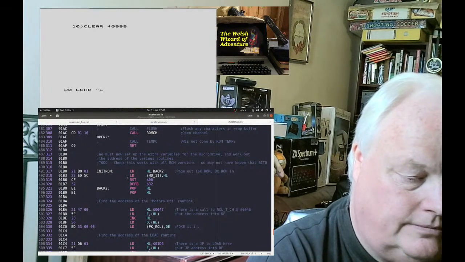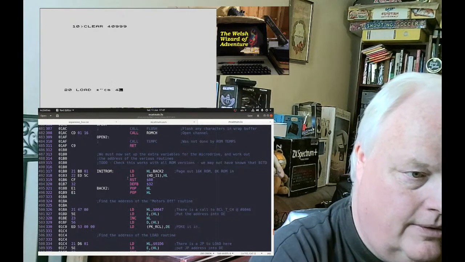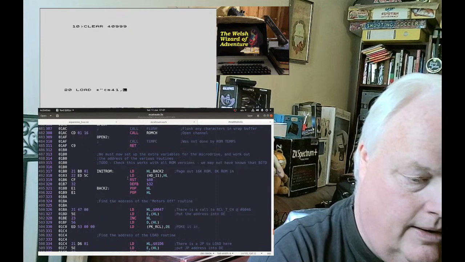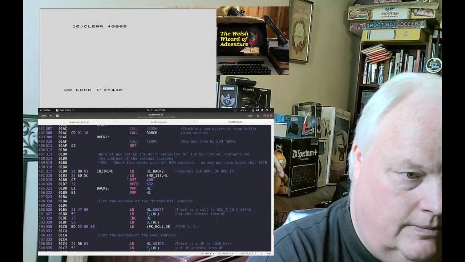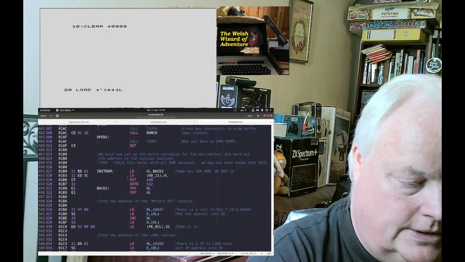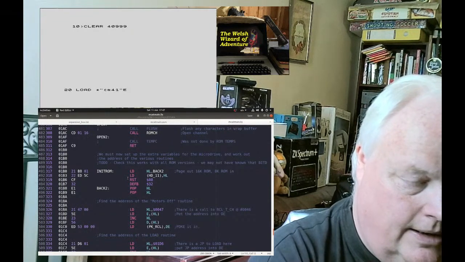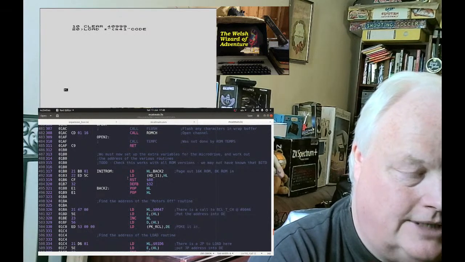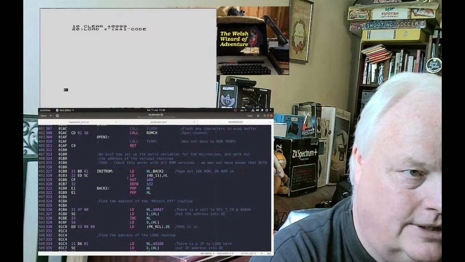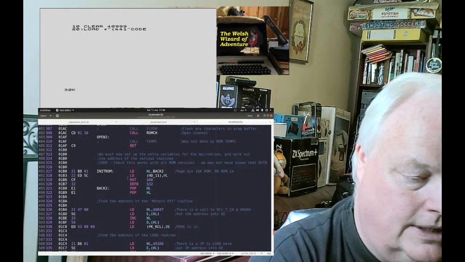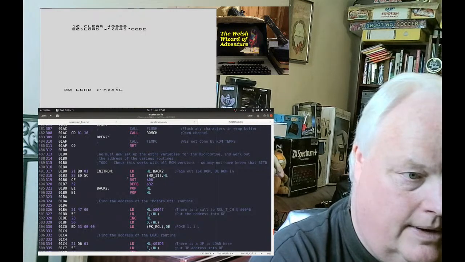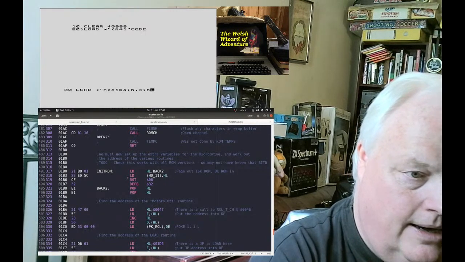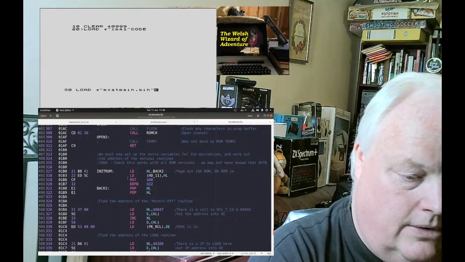20, load star CM41, code, CM41, semicolon, put quotes in, code. I don't need to give it the address because it's saved with a load address as a code block, and then I want to load our cat main.bin, quotes code